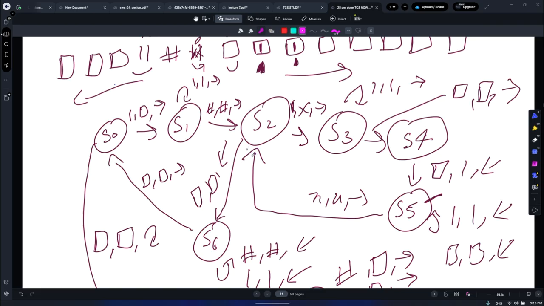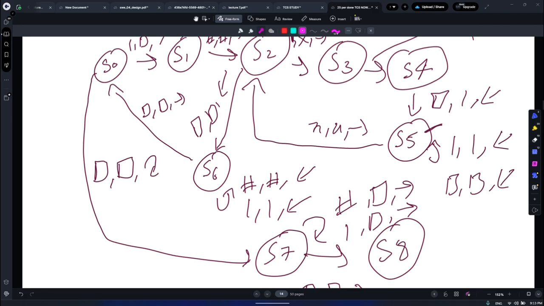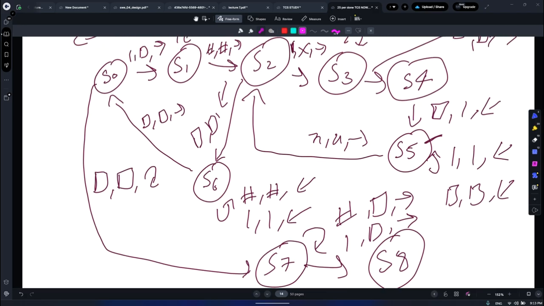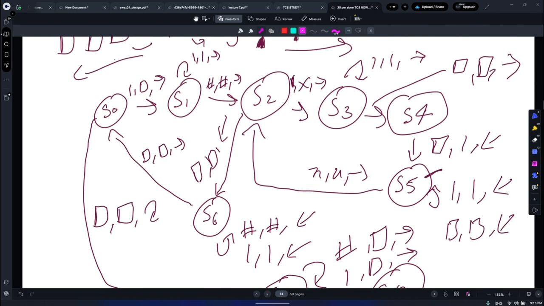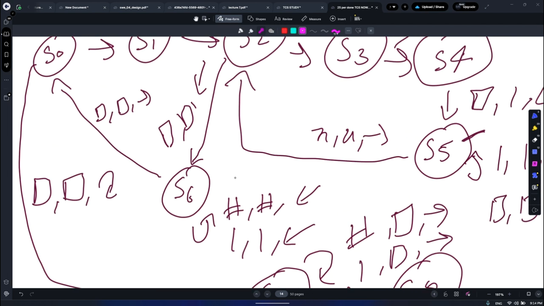And from that, keep ignoring the hashes and keep going left. That's what S6 does. If you see empty, go left and make all X's 1s. And you're supposed to make all X's 1s. And in this, of course, there was a very important rule that meant make X 1